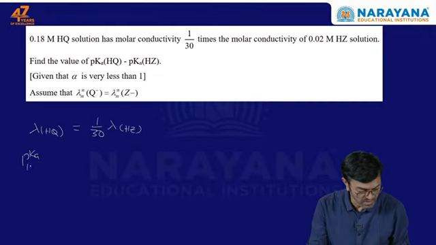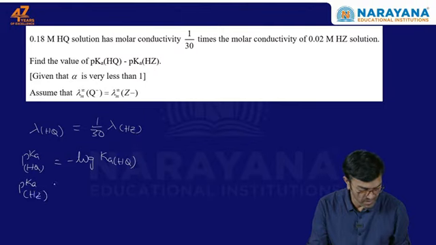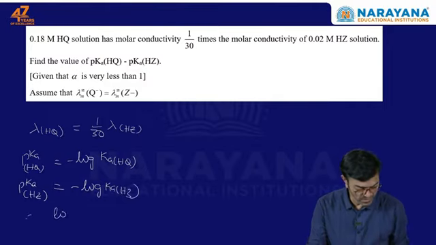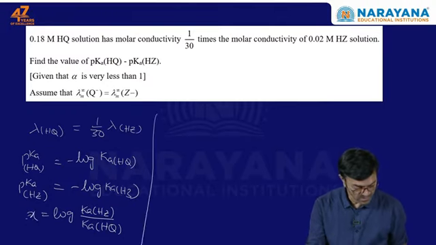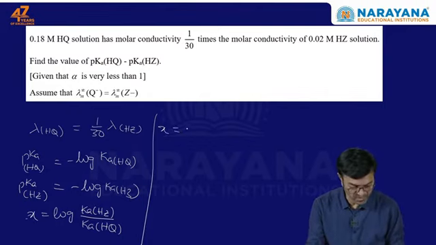So pKa of HQ is minus log Ka of HQ, and pKa of HZ is again minus log Ka of HZ. So when you are subtracting, it becomes log of Ka of HZ by Ka of HQ. Let this value be some x. So x is equal to, we all know Ka is equal to C alpha square. So log of